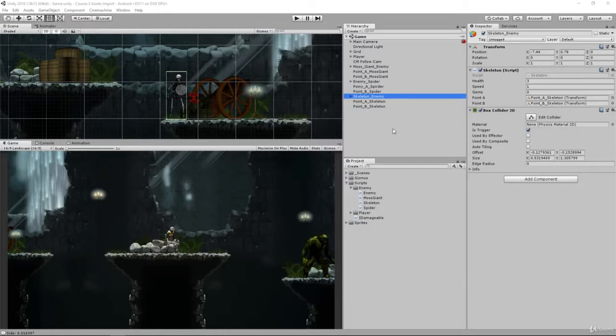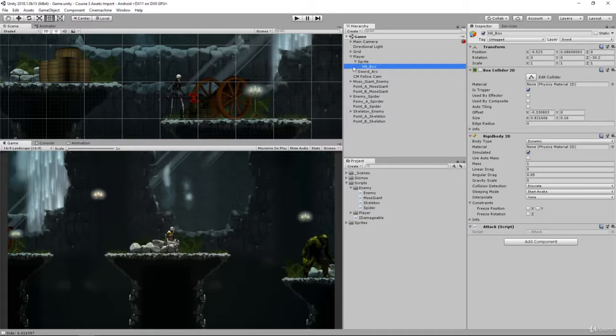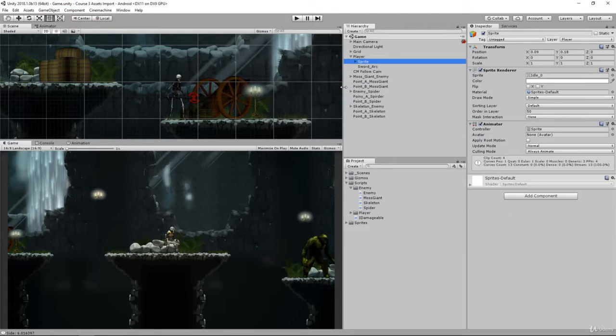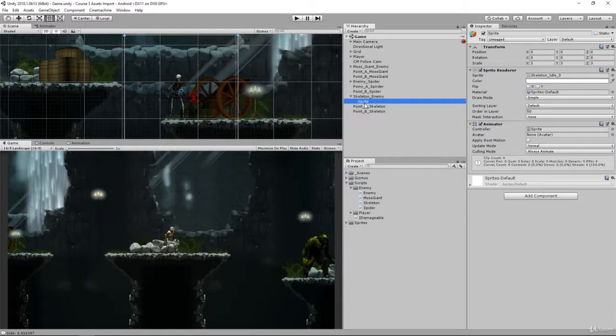In this video, we are going to set up the hitbox for our skeleton. And we're going to follow a similar process to how we did it for our player. So if we look at our player, there's a sprite and then the hitbox. We're going to do something very similar. So let's select our skeleton enemy, hop into the sprite, and we need to get a reference around our weapon